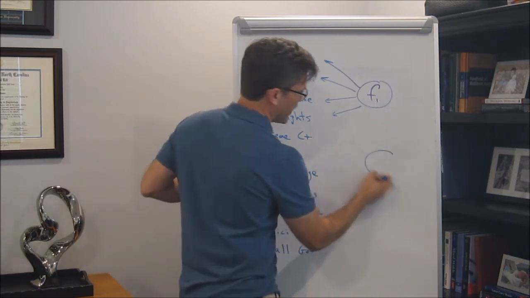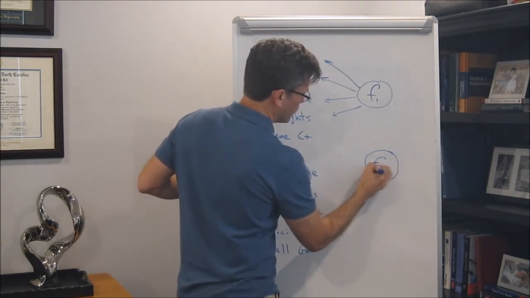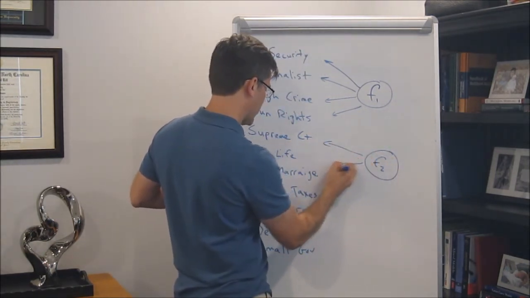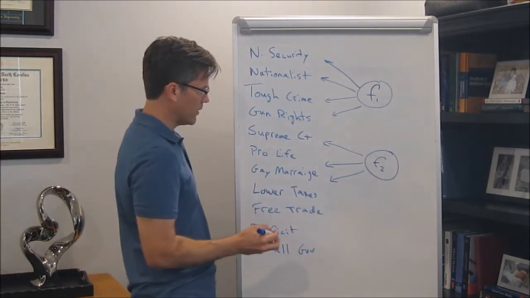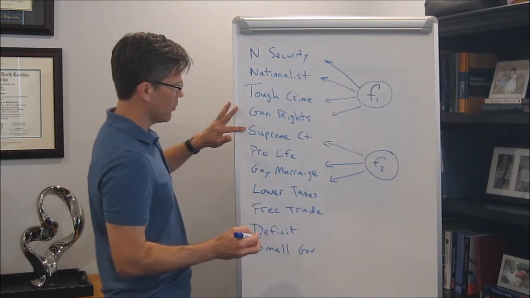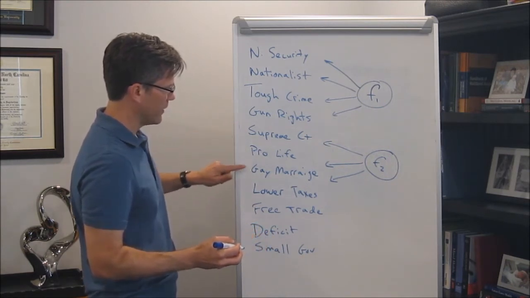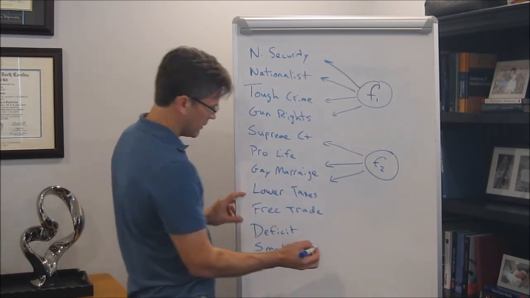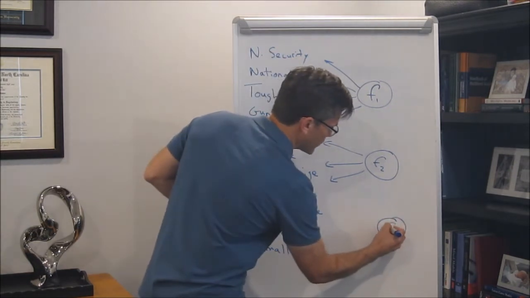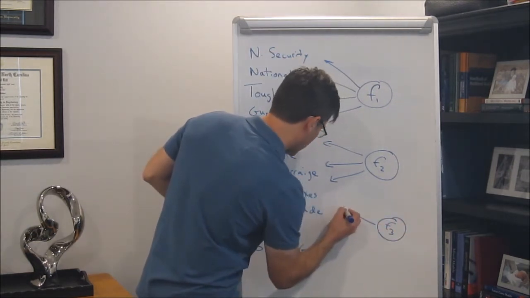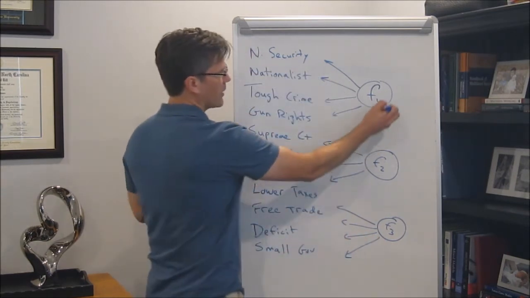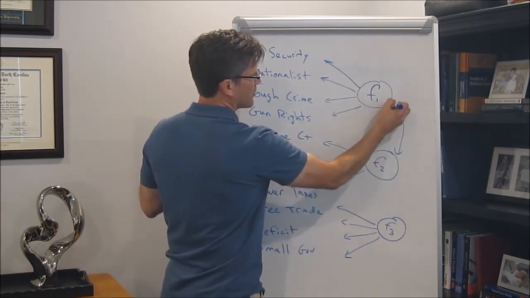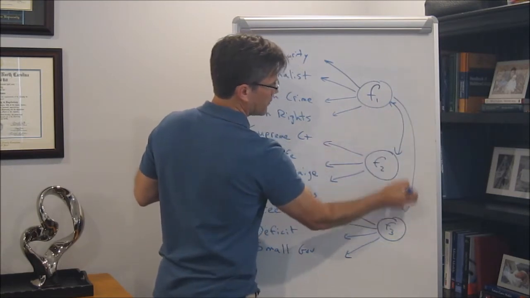And then we might have factor 2, and factor 2 might be primarily a social conservatism factor, and we might have that load on these items: how important is the Supreme Court nomination, pro-life, gay marriage. And then this third factor might represent a traditional fiscal conservatism. And so we have a three-factor model, and those three factors are going to be correlated with one another